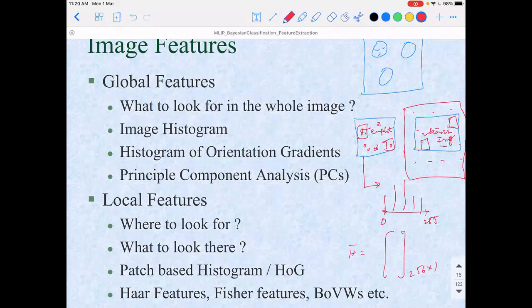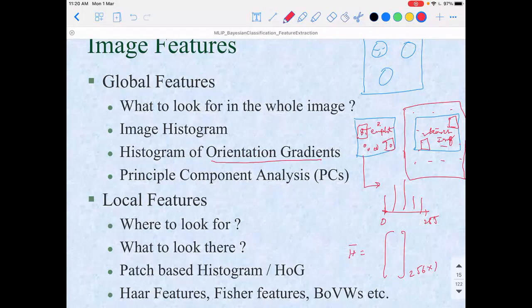I will later define the histogram of orientation gradients. As the histogram gives the intensity distribution across the image, the gradient, as we just discussed, gives information that is invariant to intensity variations. Even if I take the image at high or low intensity, or have intensity variations across the images I have captured, when I take the gradient I'm taking pixel differences, so that will somewhat normalize the intensity differences. And then the orientation of gradients will even normalize the intensity differences.